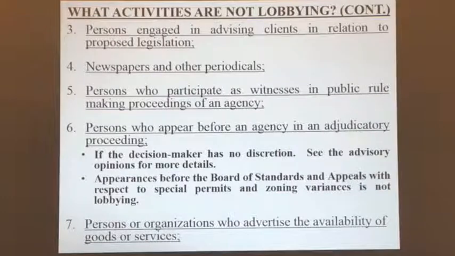There is a 4-part legal test that is used to determine whether an appearance at an agency is adjudicatory or is not. One of the factors is whether the decision maker has discretion or not, how they're making their determinations. So an example, let's say you throw out a wire hanger in your recycling, in your garbage, because you didn't realize that wire hangers are actually recyclable materials. So you get a recycling ticket from sanitation. It's a $25 ticket. And you think, this is crazy. I'm going to have to pay $25 because I threw one wire hanger into the garbage.